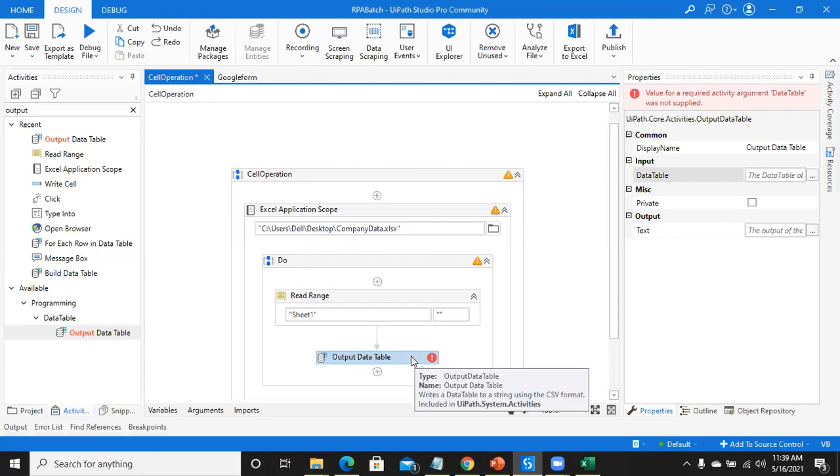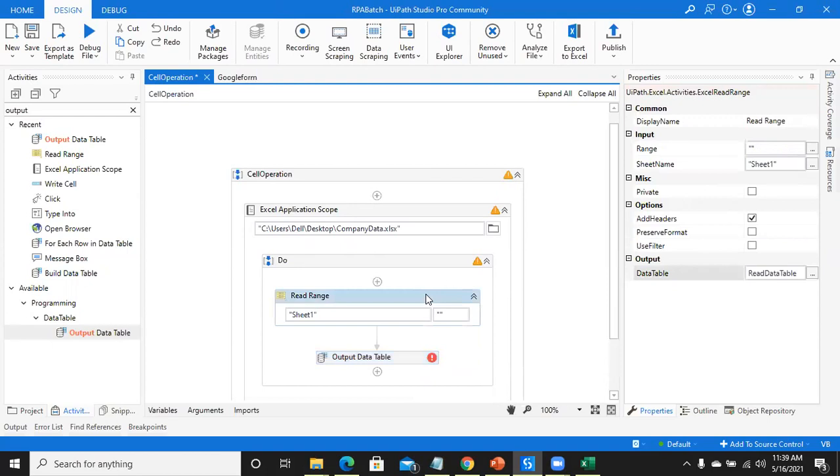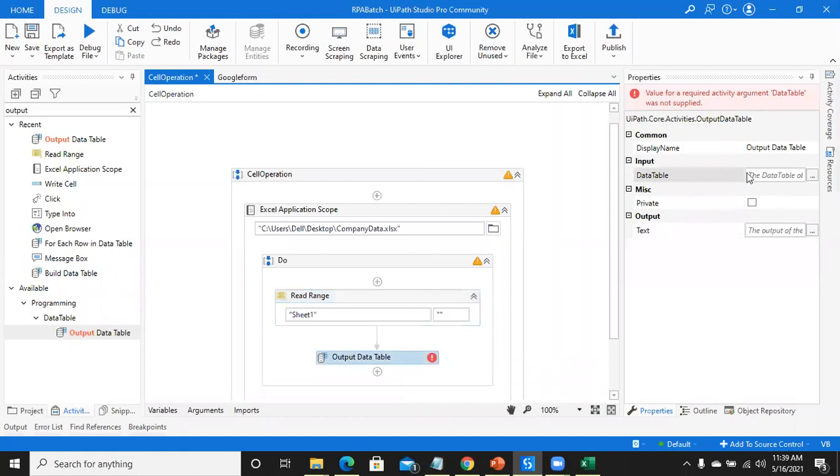For all activities there is one input value and one output value. For Read Range, the input is a range and the output is a data table. For Output Data Table, the input is a data table and the output is text. Understood?